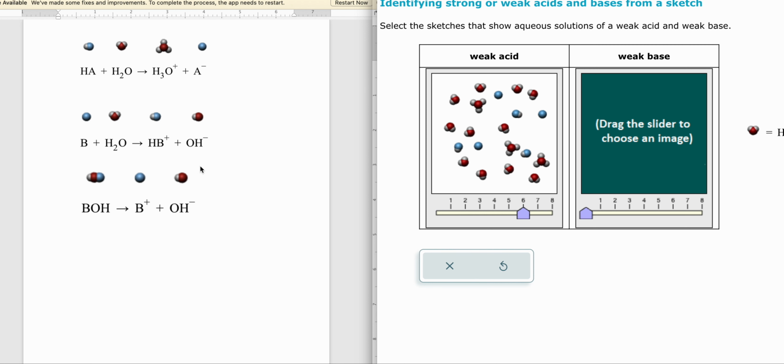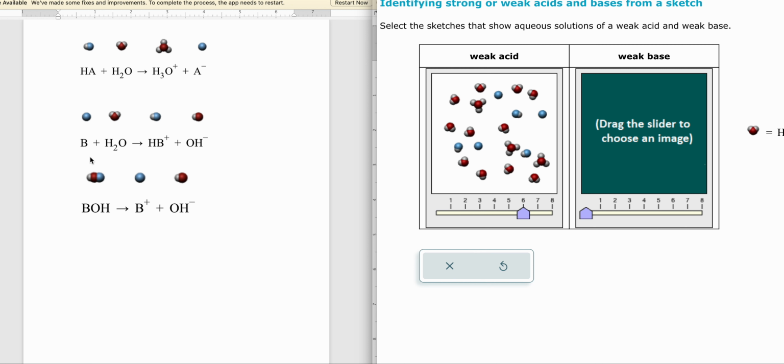Now let's look at our bases over here. So typically with the base, we throw it into water and it grabs a hydrogen off of the water and forms an HB plus and an OH minus. Remember, cations typically are acids, anions are typically bases. But when we're looking at the difference between a weak base and a strong base, strong bases are always going to have OH minuses. Now that doesn't mean that all strong bases have OH minuses. In fact, if you look back at one of my solubility videos, we say one strong cal-bar. So group 1, strontium, calcium, and barium with OH, those are the only ones that are strong bases. Everything else, if I had a magnesium with hydroxide, that would be a weak base and it would not fully